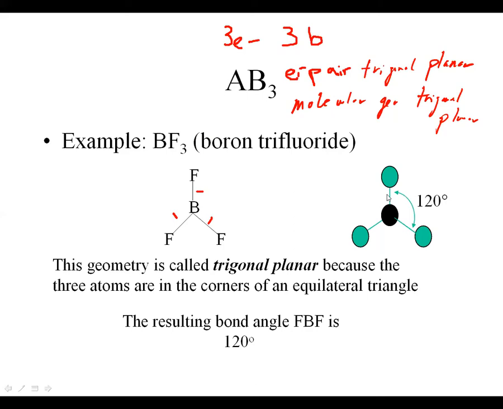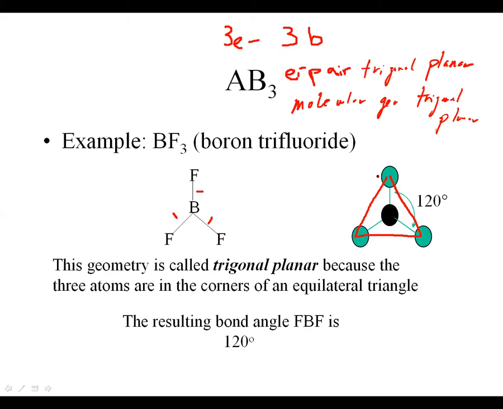So if you look at this guy here, it essentially makes an equilateral sort of triangle. And it has a bond angle of 120 degrees here. So something with 3 electron pairs and 3 bonds is what is known as trigonal planar. And that describes both the electron pair geometry name and the molecular geometry name, which would also be trigonal planar. Now, trigonal planar is sometimes called triangular because it does sort of make that triangle type of shape as well. And again, the bond angle is